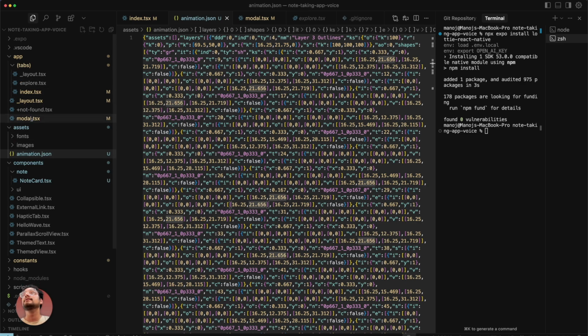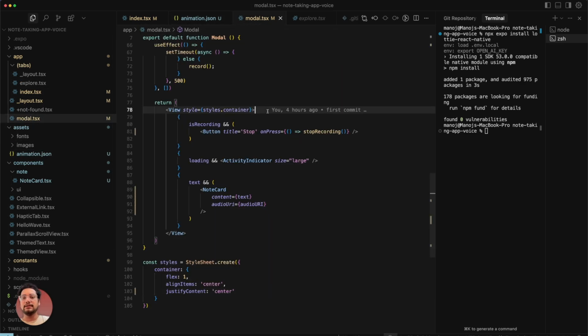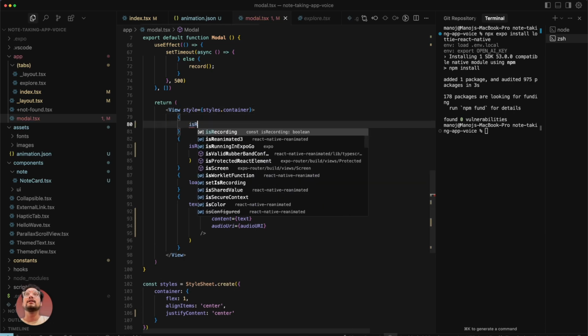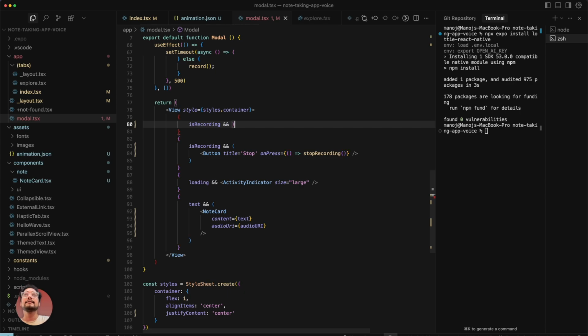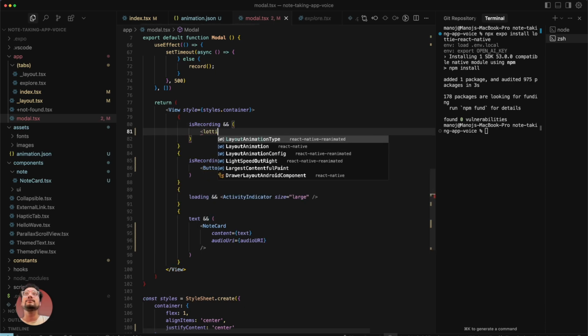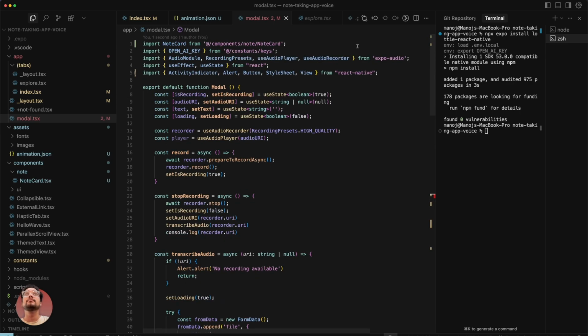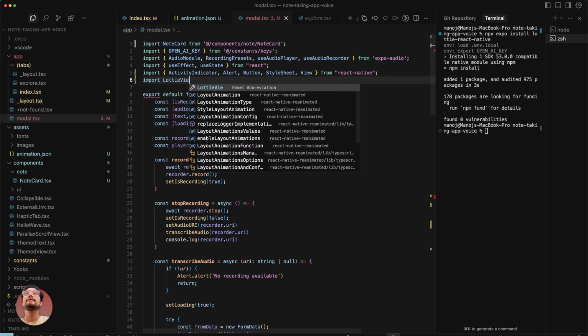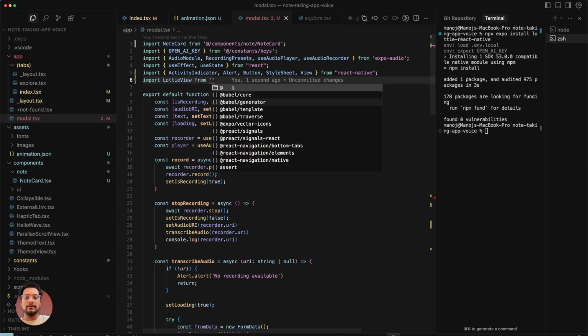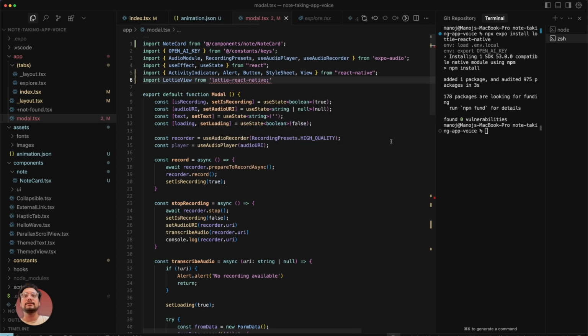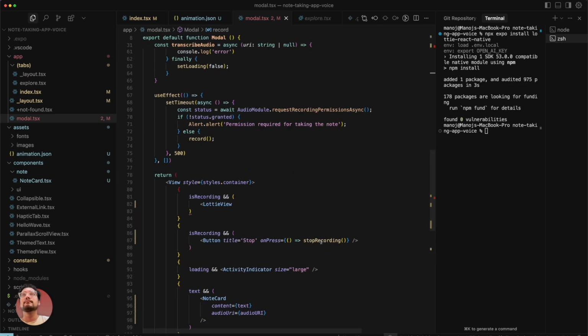In order to use it, I'm just going to go into our modal and say isRecording. Let's create another isRecording block. If isRecording, then we need to show a LottieView. We have to import it here. Import LottieView from lottie-react-native. Great. Yeah, so LottieView, and then